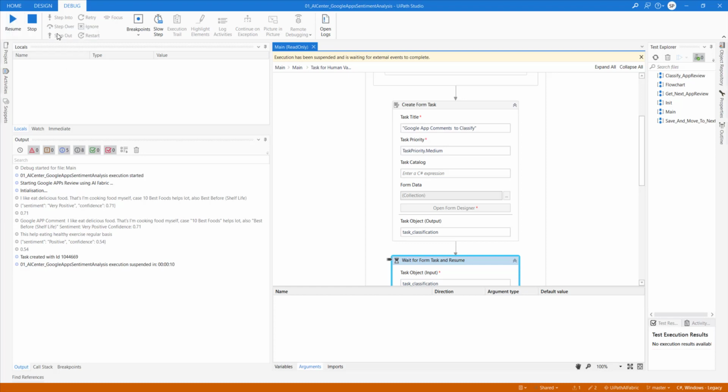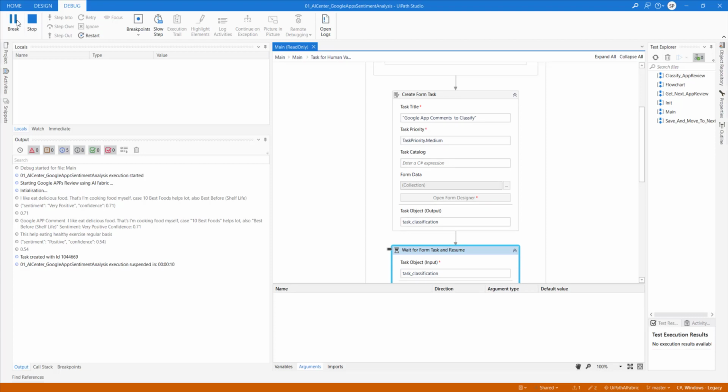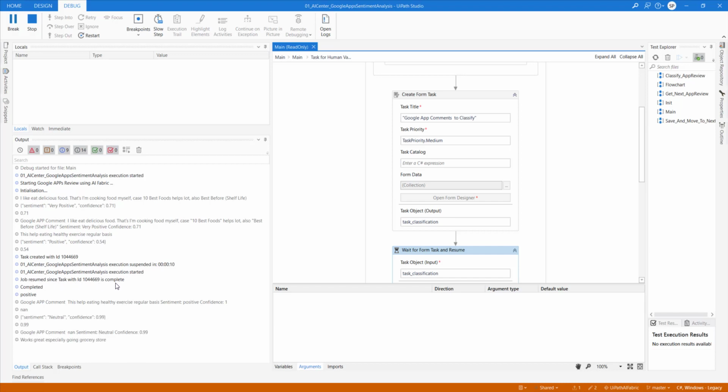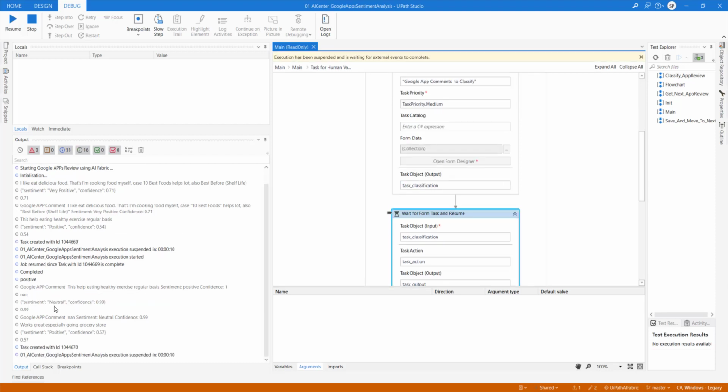So for this, now what we need to do is resume it here. When I resume it here, it will start execution, and the job resumed since the task is complete. So it is completed, it is positive, and now it will keep doing this for each item that we have in that Excel file. So it will create a task. The task will be created here.